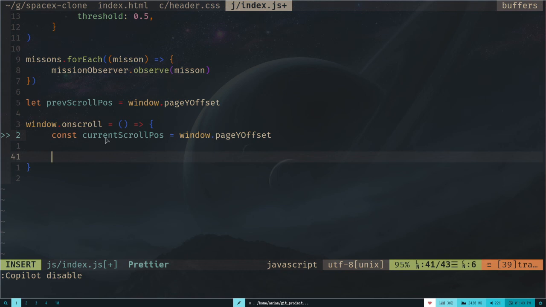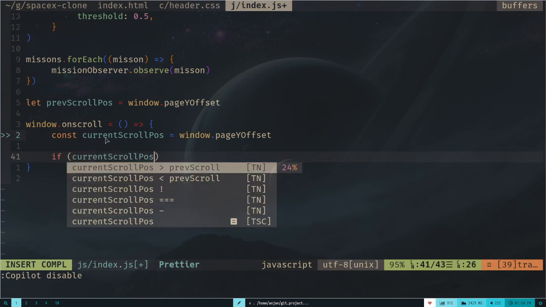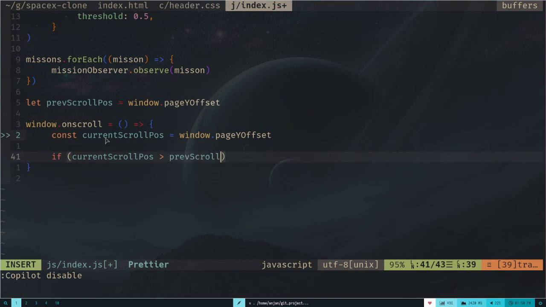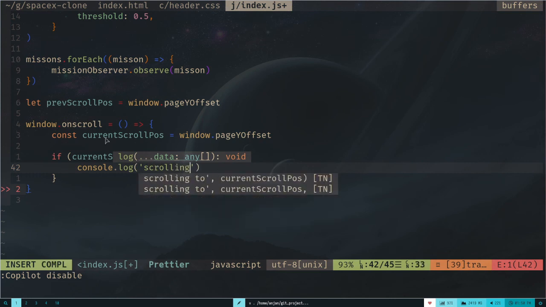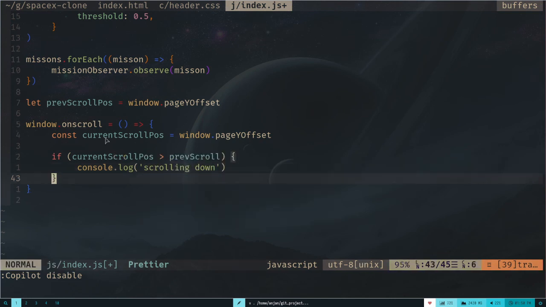Now we need to compare these two variables. If currentScrollPos is bigger than the previousScrollPos, that obviously means we are scrolling down. Else that will mean the user is scrolling up. It makes sense, right? So let's check. If currentScrollPos is bigger than previousScrollPos, then just console log scrolling down. Else